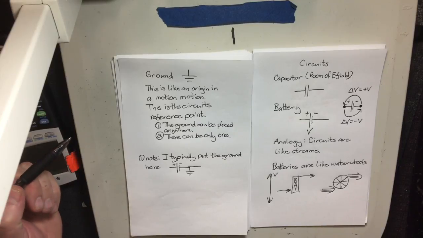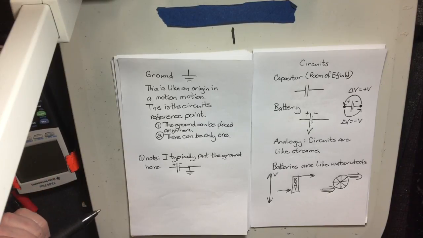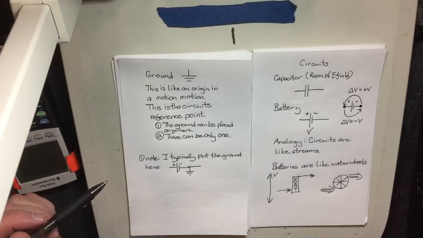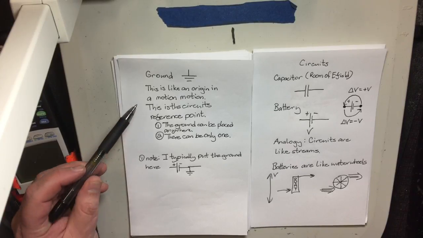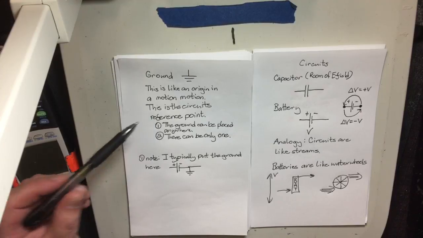This is like an origin in a motion problem. Read what you read. Batteries are like wire, circuits are like streams. Ground. Origin and